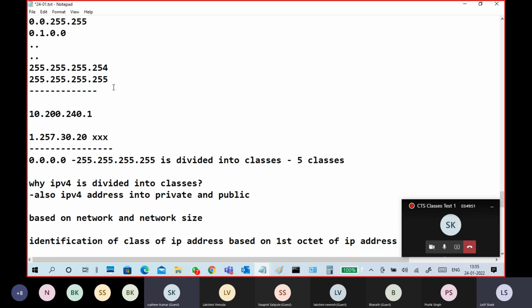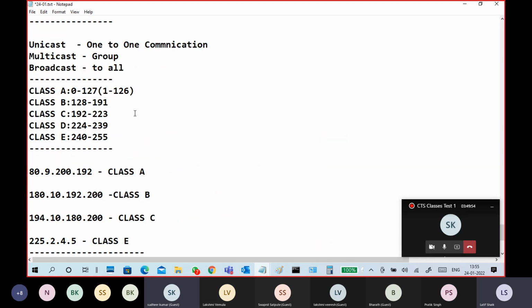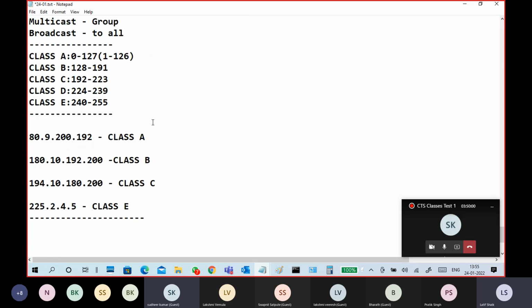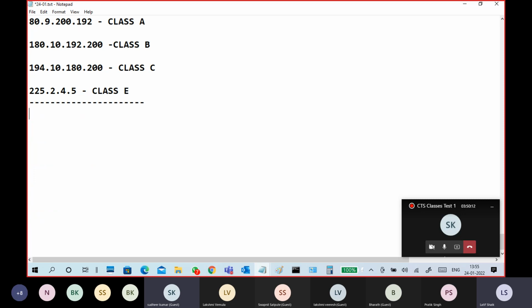So this is about your IPv4, not yet finished. IPv4 part 2 is also there. This was the identification of classes. Next is how to identify which network it is: same network, different network, calculated subnet mask wise. There is also a private IP address range, and the public IP address range. I will explain private IP and public IP again, but I want to give the private IP address range now. A public IP address is nothing but one which is not private. It is there class wise also.